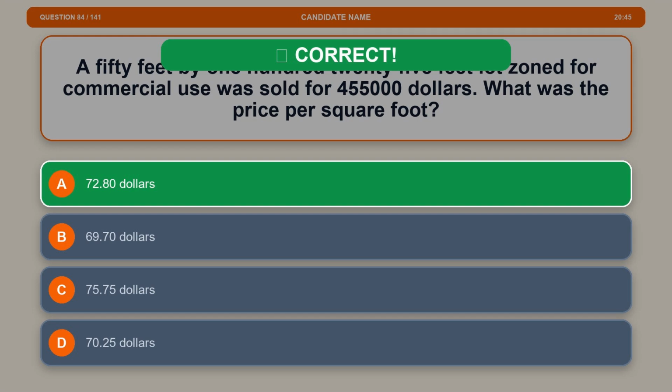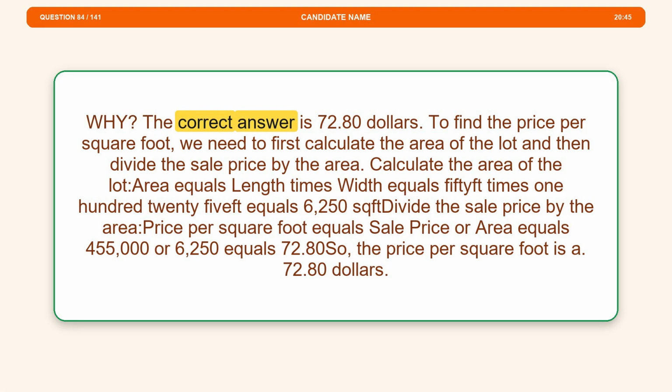The correct answer is option A, $72.80. To find the price per square foot, we need to first calculate the area of the lot and then divide the sale price by the area. Calculate the area of the lot. Area equals length times width equals 50 times 125 equals 6,250 square feet. Divide the sale price by the area. Price per square foot equals sale price divided by area equals 455,000 divided by 6,250 equals 72.80. So the price per square foot is A,